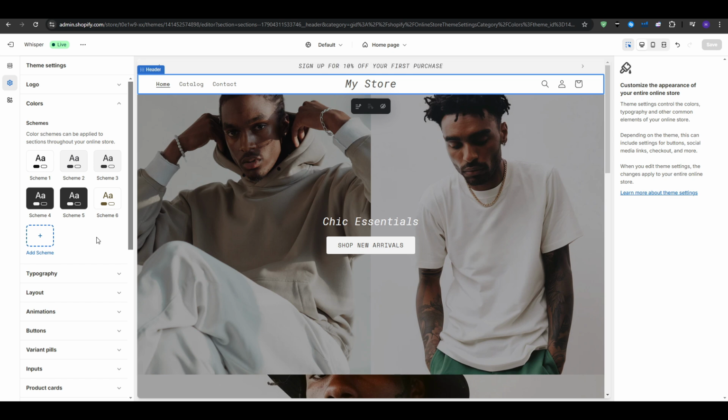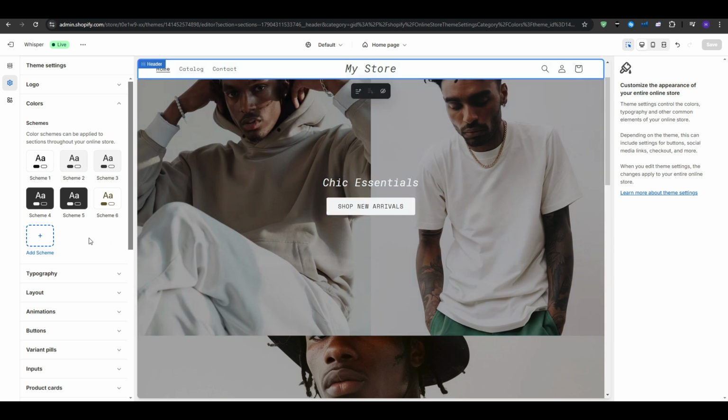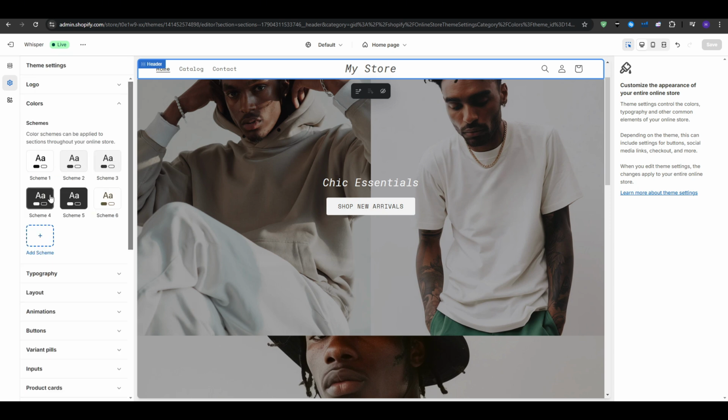So depending on the kind of store that you're going for, some kind of aesthetics would work better. For example, if you're going for a clothing store, maybe the simplistic aesthetic would do the job. So in that case, your color schemes would have colors such as maybe blue and white, or for example, black, gray, and white. Whereas if you're going for a more fun kind of store that has a lot of identity into it, then maybe you would go for brighter colors. In my case, I'm going to select these colors and adjust them a little bit